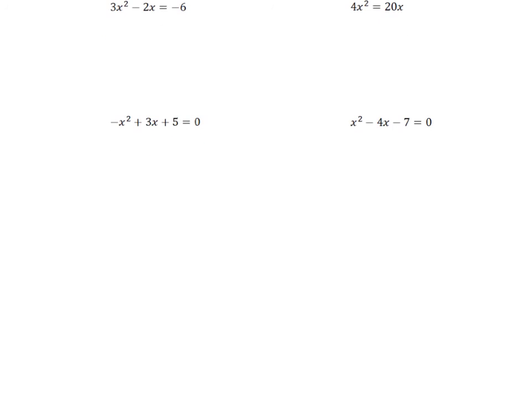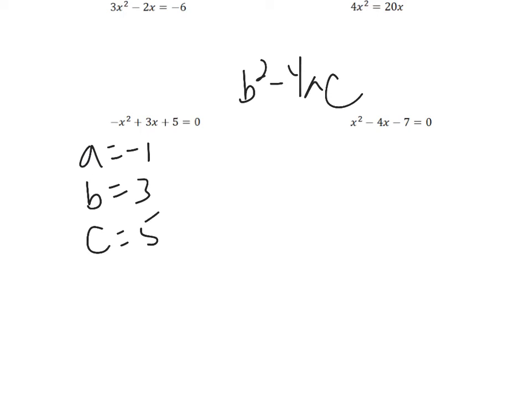Okay, and remember it's going to be b squared minus 4 times a times c. A equals negative 1. B equals 3, C equals 5. It's okay that A is negative here. It's a little weird. I would have written it maybe a little differently, but it's okay. So B squared, 3 times 3 is 9, minus 4 times negative 1 times 5. I hope you see the shortcuts I'm taking, but more importantly, what I'm not taking. See, I do the squaring because that's easy, but this can be a little confusing, so I usually write it